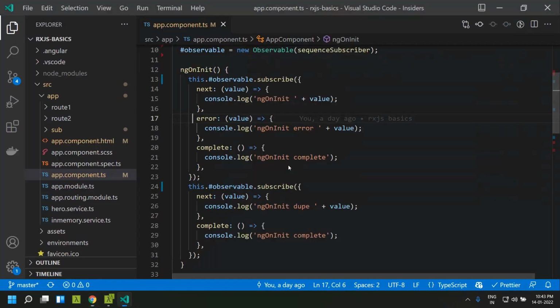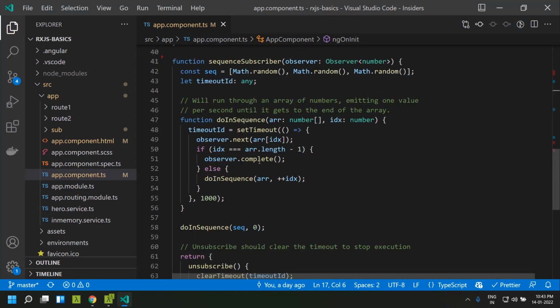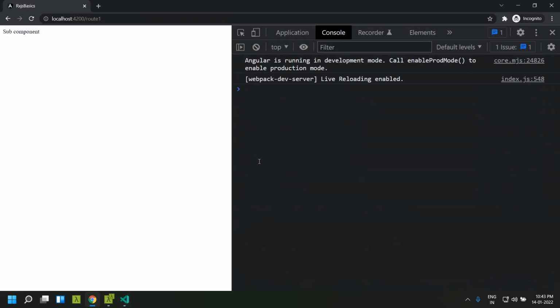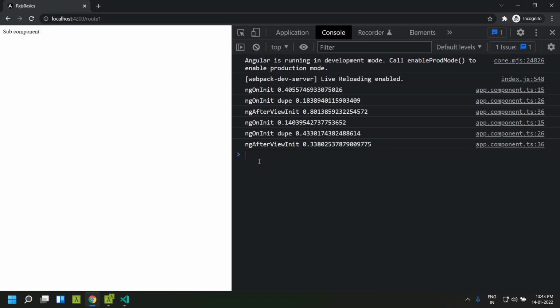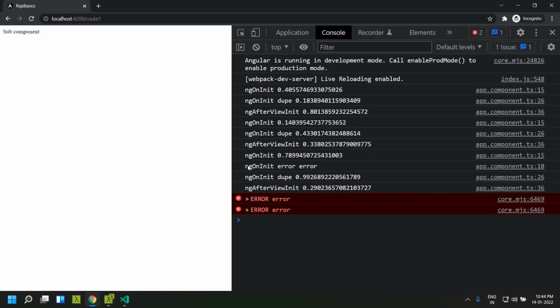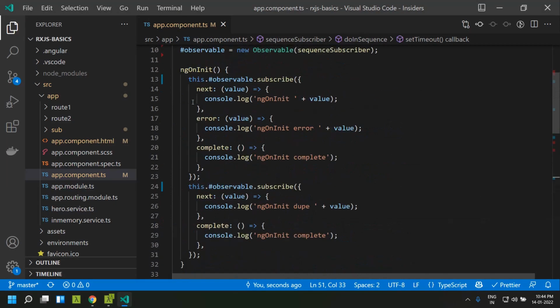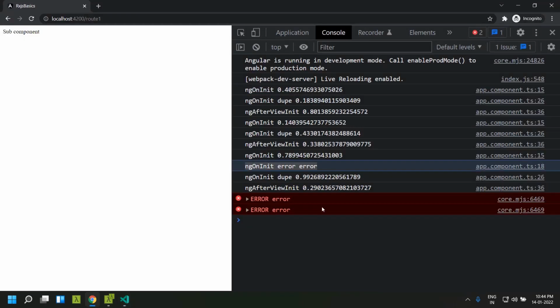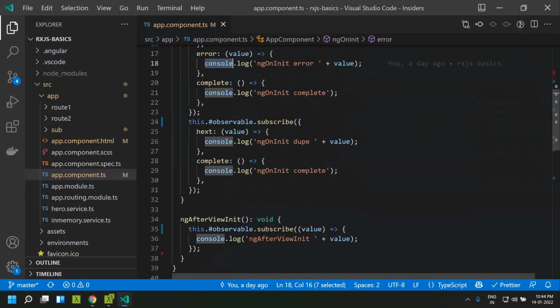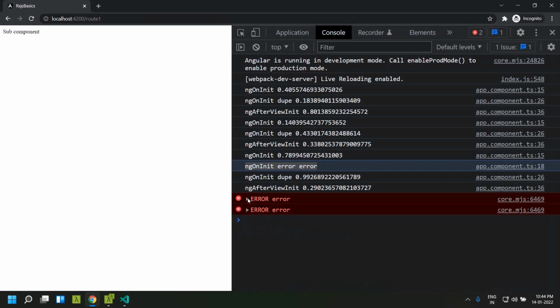it got executed. Similarly, in case I gave some error, and we can give an error message as well, you can see that the first subscriber, where we had given the error handler, gets executed, and we can see the message here. All other subscribers also errored out, but since we didn't give any handler, it will be throwing an uncaught error.